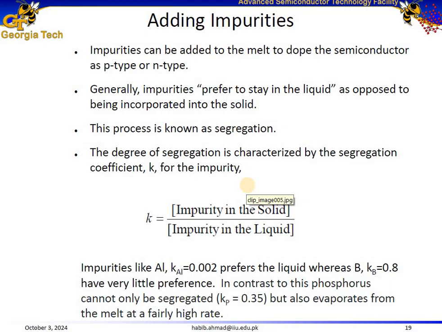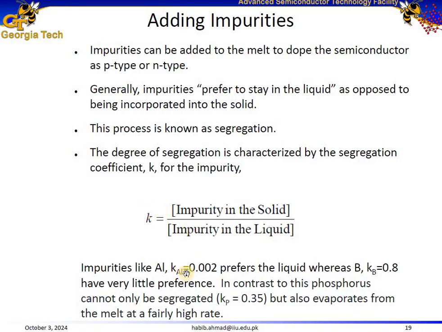So we represent the segregation coefficient with K. A low value of K, which is close to 0, means that most of the impurity stays in the liquid, and a high value of K close to 1 implies that the impurity distributes equally between the solid and the liquid. Some examples of impurities are aluminum, boron, and phosphorus in